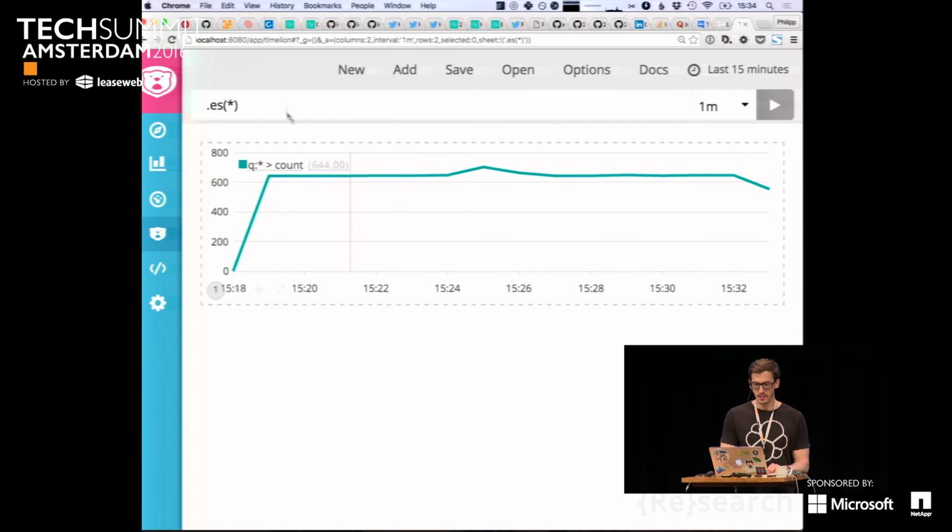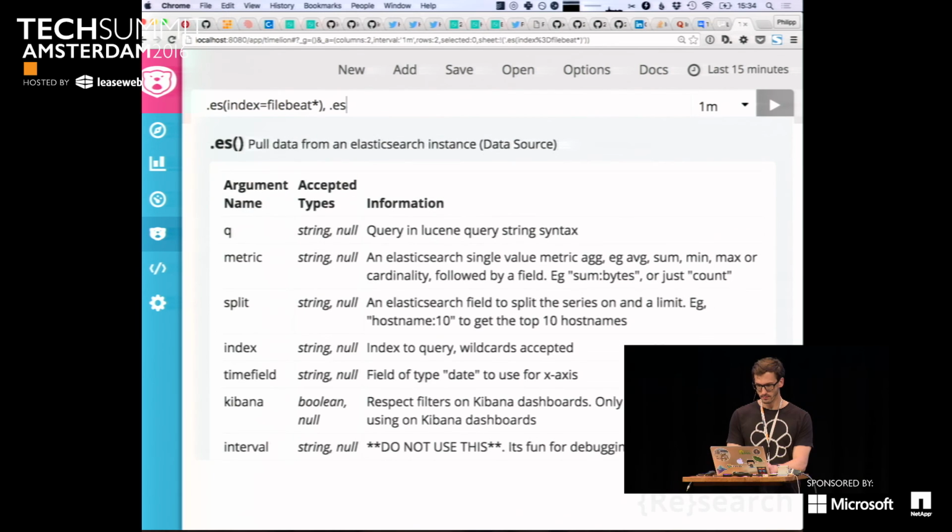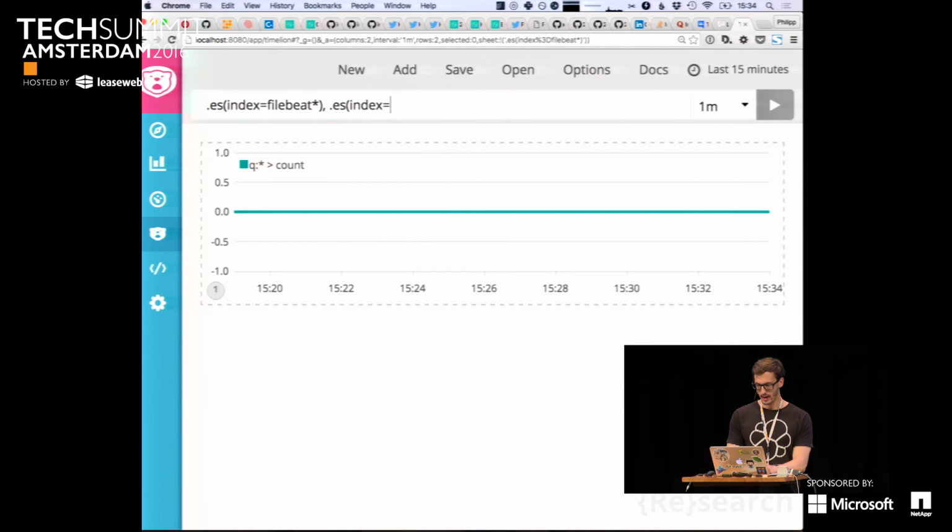So what it does is you simply have specific syntax to query data. For example, .es whatever will just grab all the data you have in your Elasticsearch cluster and display that. If you, for example, want to limit that to something like Filebeat, you can say, okay, I want only the information from Filebeat. And obviously, I didn't ingest many files. To add more metrics, you can simply say, okay, let's see. I want to add Packetbeat as well.